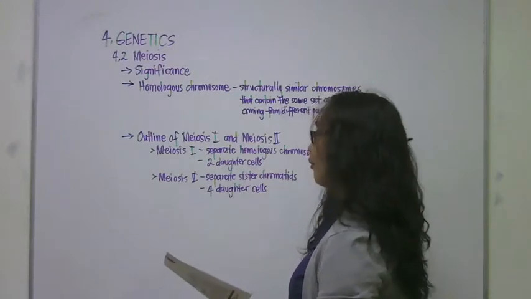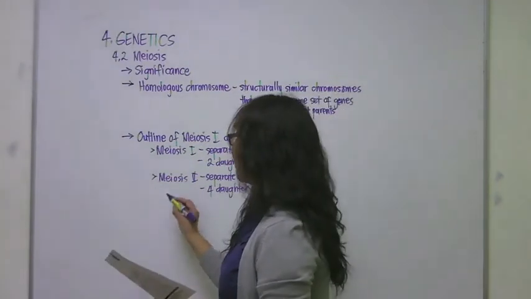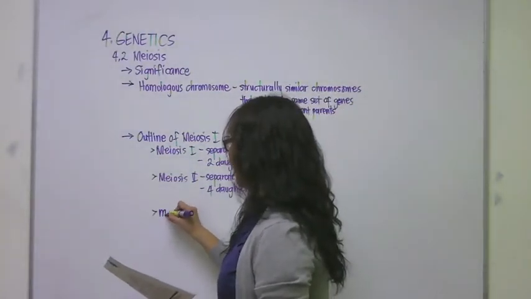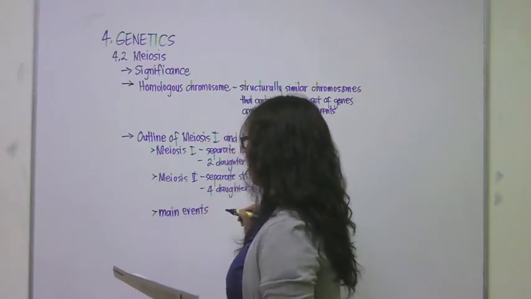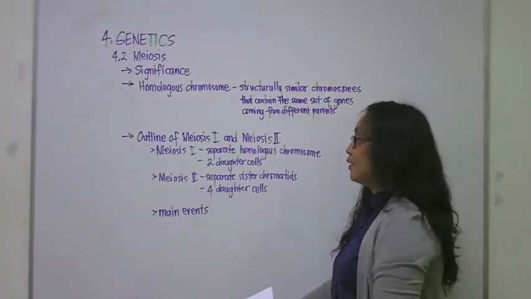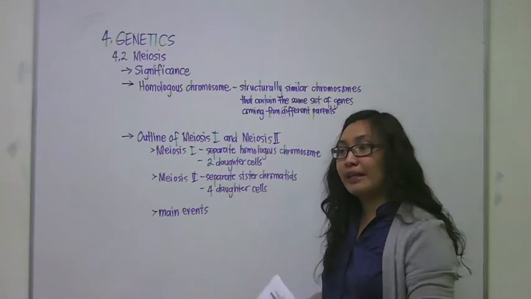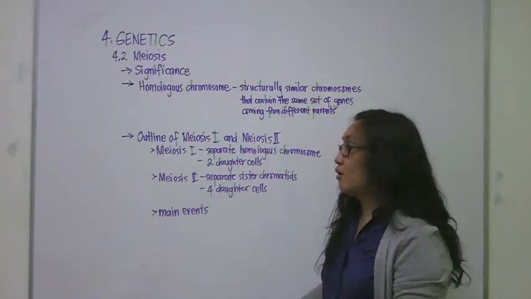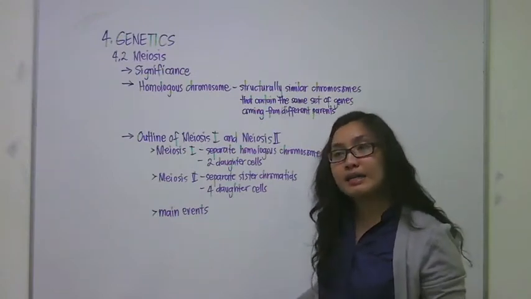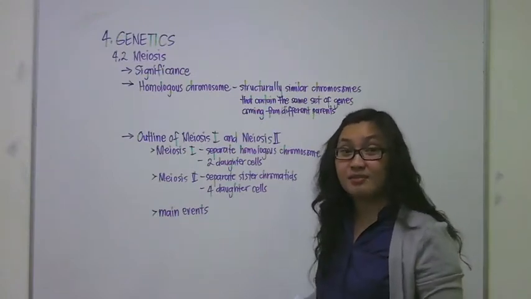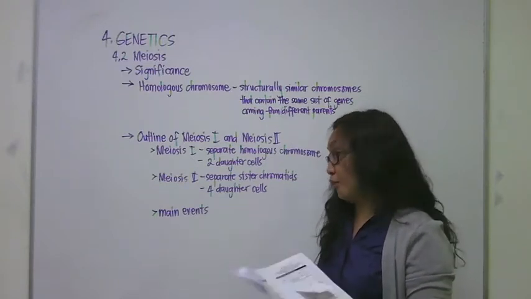So right after pointing out the outline of what the process is, we have to go to the main events. Usually, meiosis and mitosis have their similarities, but we have to point out their differences as well. In the case of meiosis, we have to point out that prophase 1 is a very long and very intricate process,